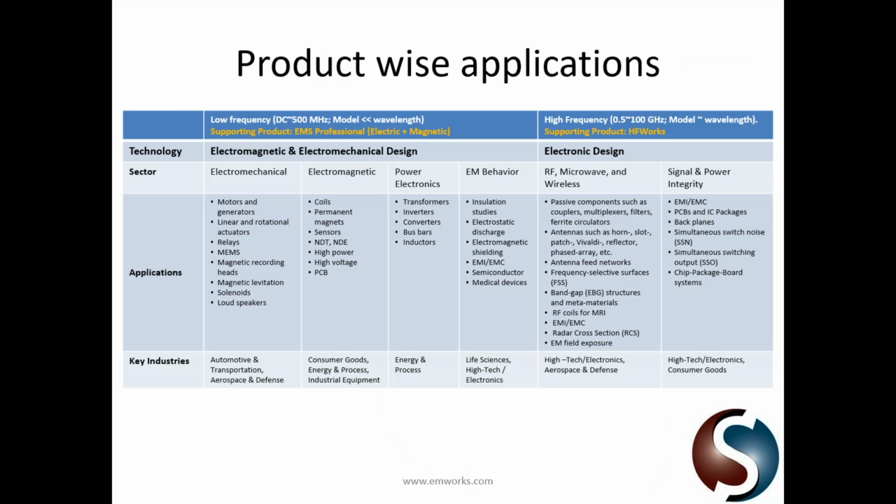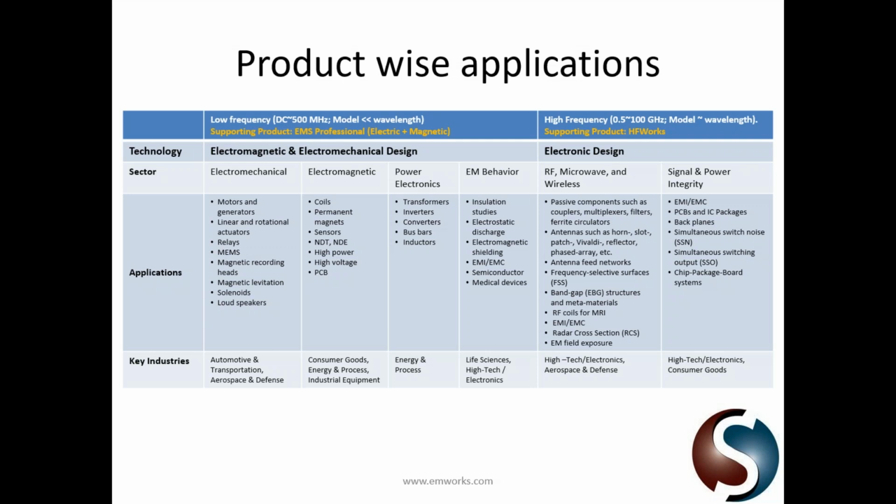Now this gives you a broad picture of the product-wise applications that we cater to using the EMWorks products. Right from DC voltage all the way to several gigahertz, we can actually deal with the electromagnetic spectrum. We have two products, EMS for SolidWorks, which is really going to be the topic of discussion today, and high frequency HFWorks. Now, EMS for SolidWorks really falls under the electromagnetic and electromechanical design space, where one can use these